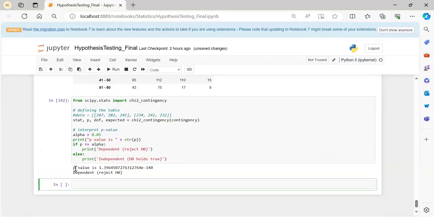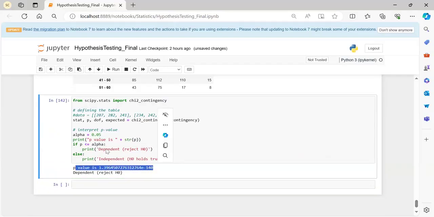So I'll get the p-value. And based on the p-value, I'm taking the decision whether I should reject the null hypothesis or hold the null hypothesis as true. So now based on this p-value, as it is very small than 0.05, I'm rejecting the null hypothesis. So this e minus 140 means 10 raised to the power minus 140. So this is as small as that. It's showing that this is a very small p-value, and as it is less than alpha value, I'm